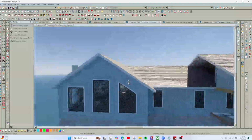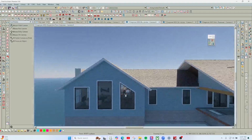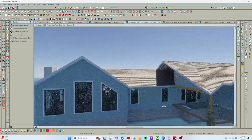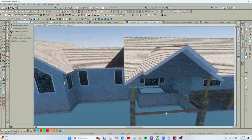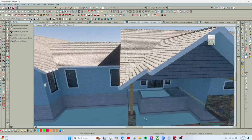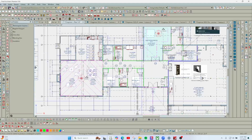Let's look at the outside of that window and show you what I'm talking about. See, it does follow the outside of this, but not on the inside. So I'll just let you chew on that. Let me get this front door. Yeah, you can see I moved that foundation back. It hasn't rebuilt that. So if I go here, rebuild this deck,